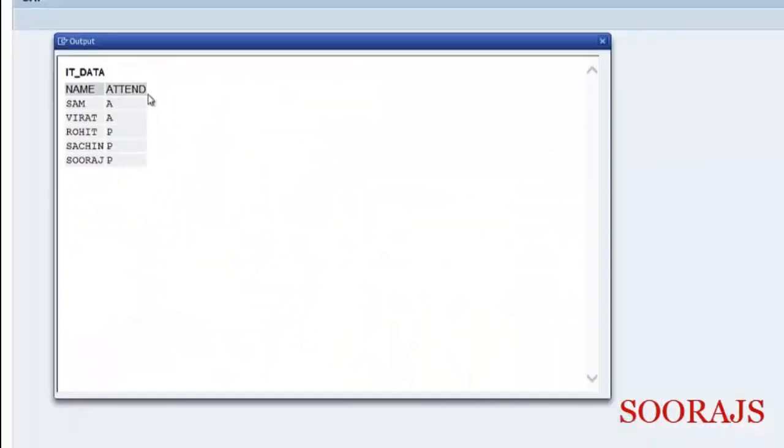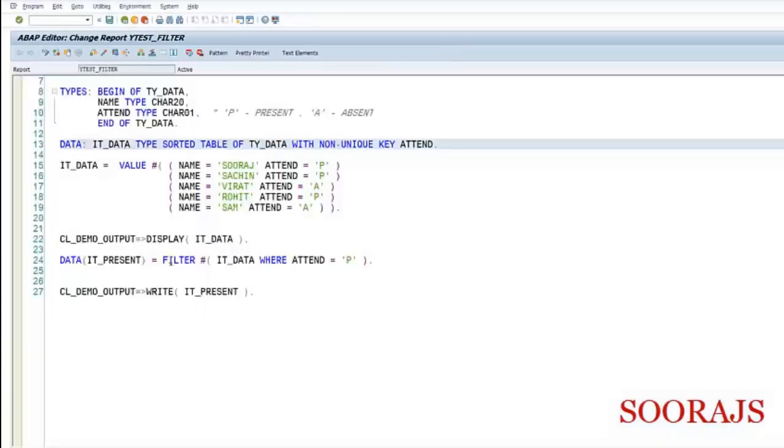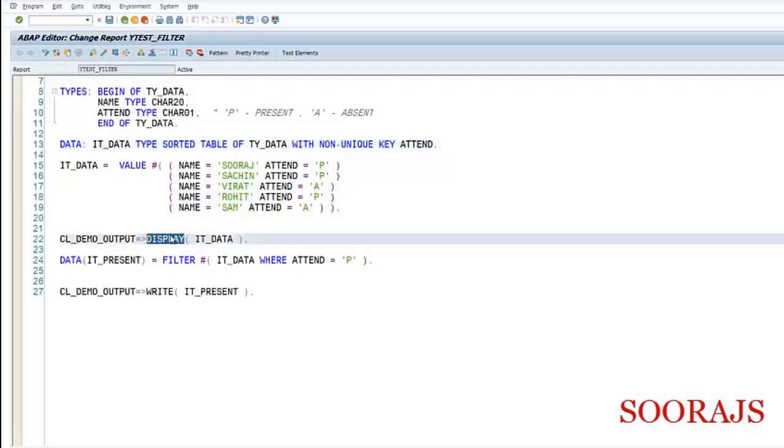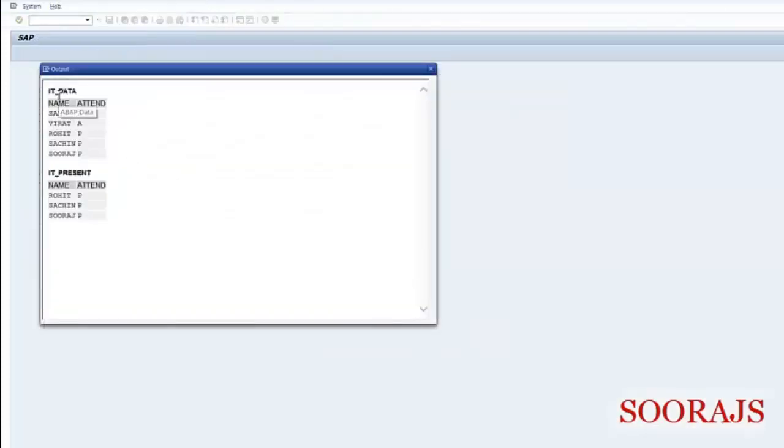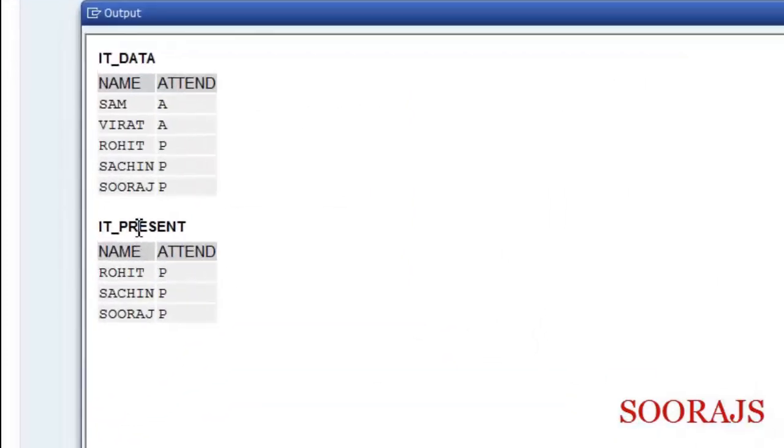execute. I'll put it as write here and display here. Yes, so now we can see both the outputs on that screen. You can see IT_DATA having this, and IT_PRESENT has filtered out only the entries which are the students who are present.